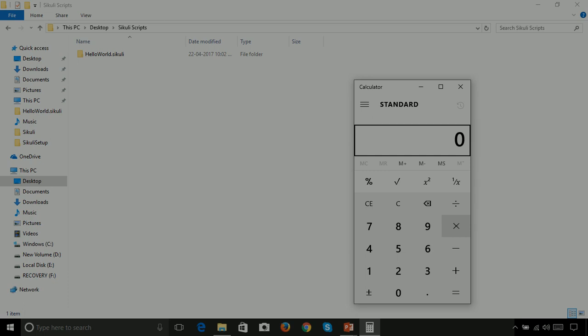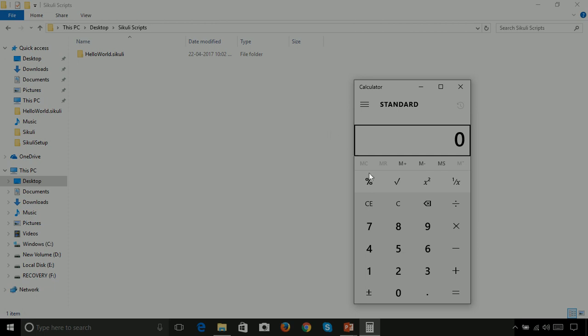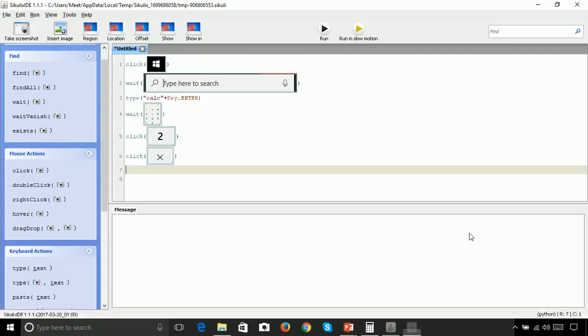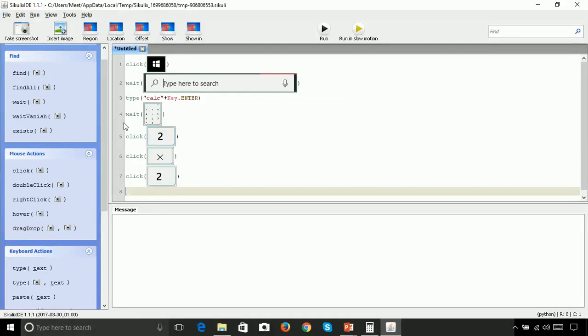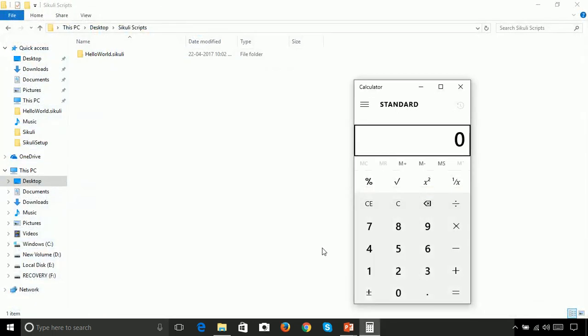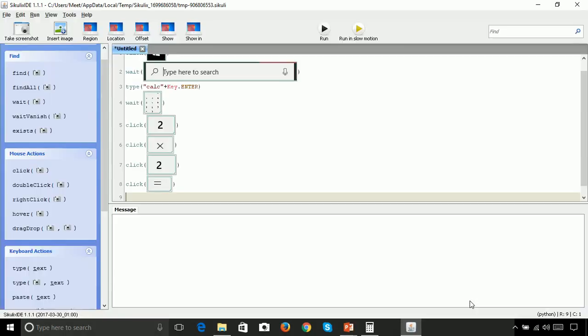So please ensure that it should not be hovered. So let me take that again. Multiplication. After multiplication we want to click on 2 again, so we will take a screenshot of 2, and after that we want to click on equals, so equals.